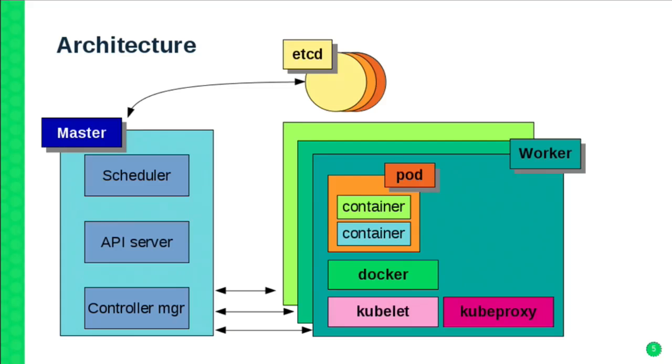The controller manager is in charge of making sure that your desired state is reflected on the cluster. The desired state is something like, you declare that you want to have 5 instances of this web application running at any time. So the controller manager makes sure that this is matched in reality. If one container dies for whatever reason, the controller manager will take care of starting a new one.